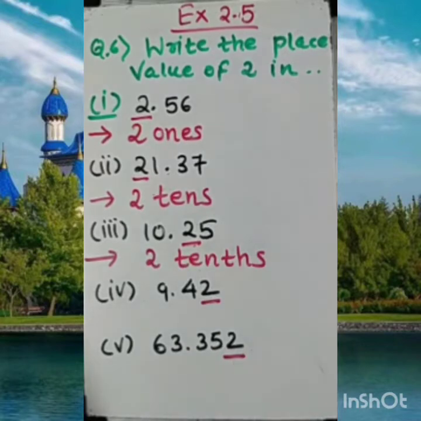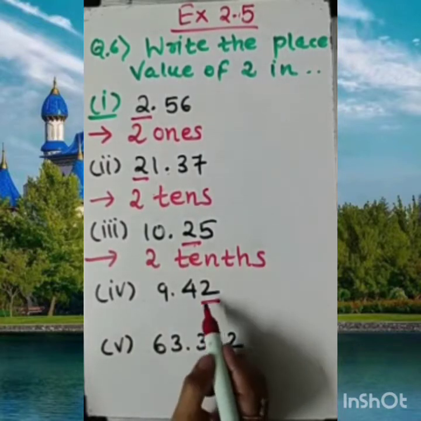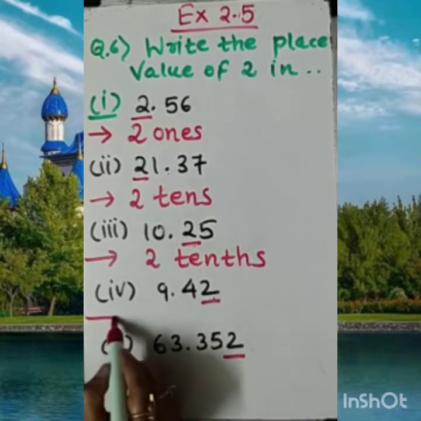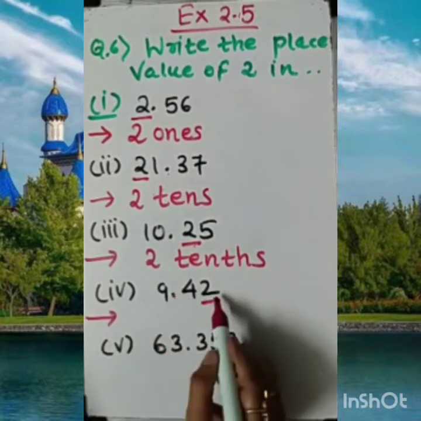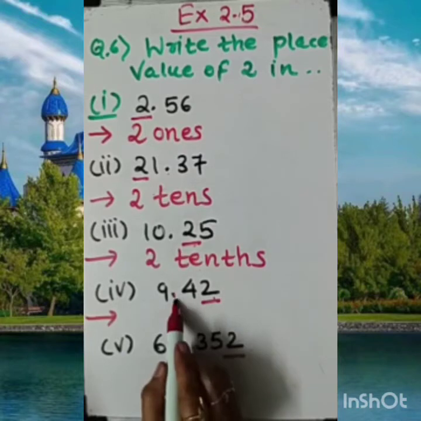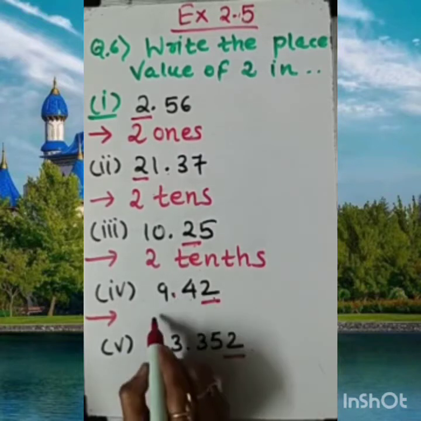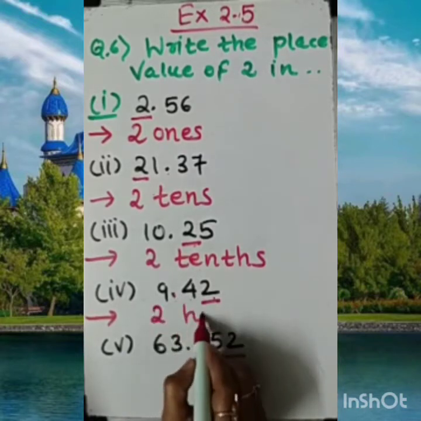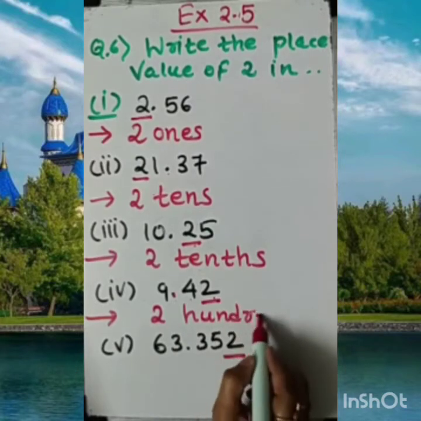After the decimal, second position, you can see that the position of 2 is after the decimal second position. So here it is called 2 hundredths,